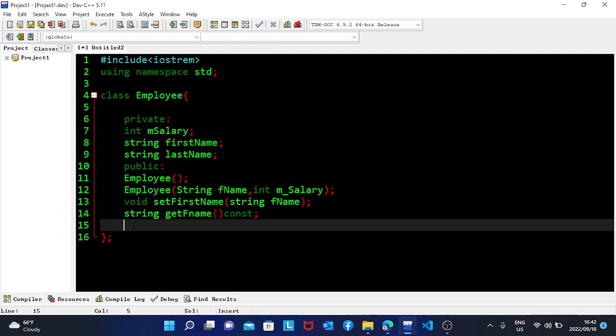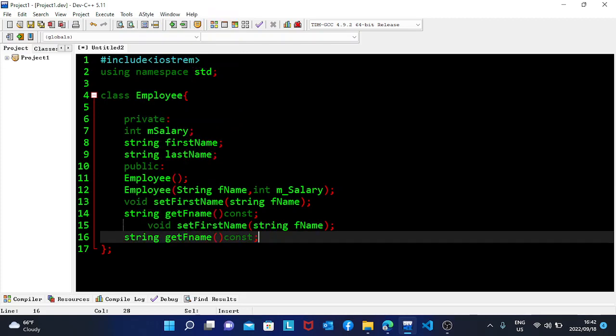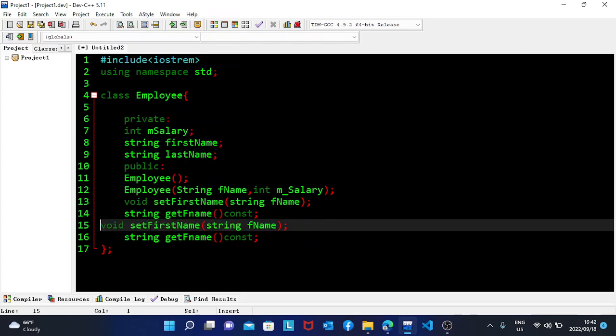Where I said set first name, here I will say set monthly salary. Monthly salary, its data type is int, then what here,